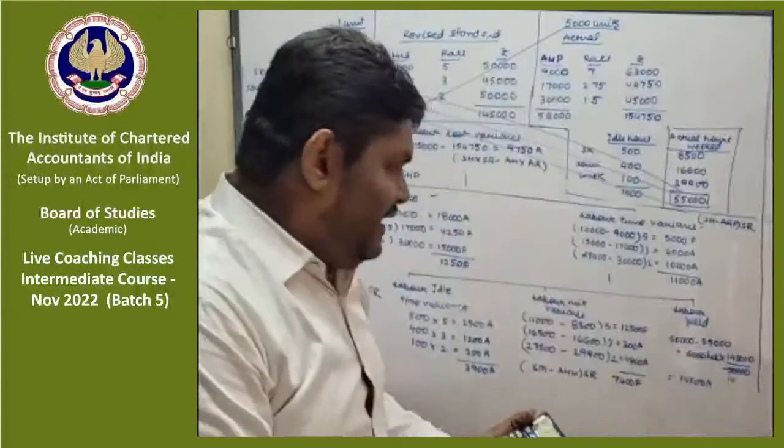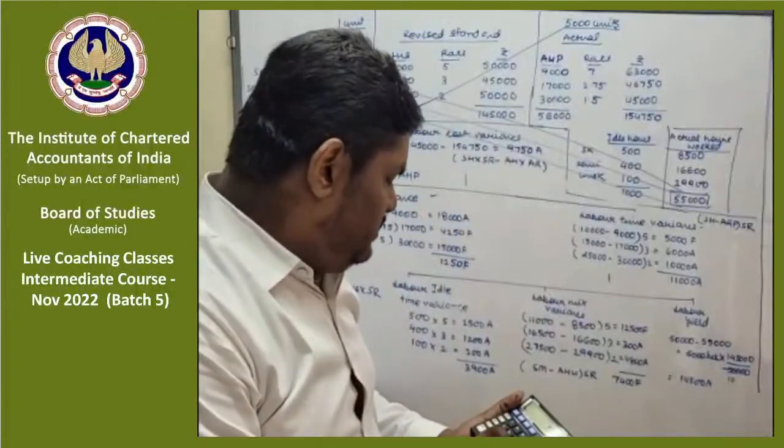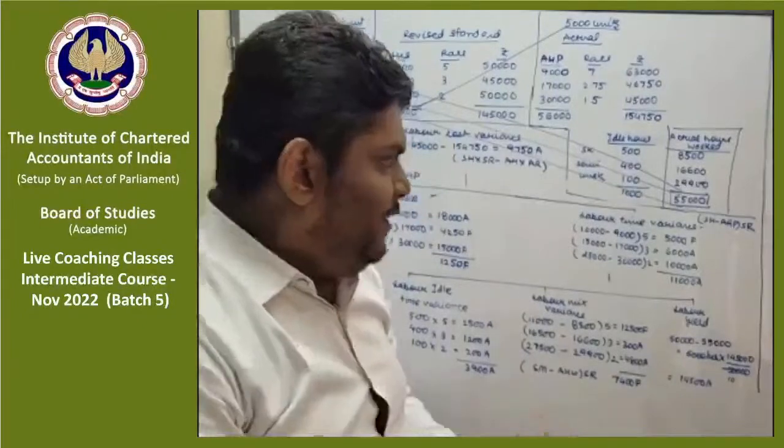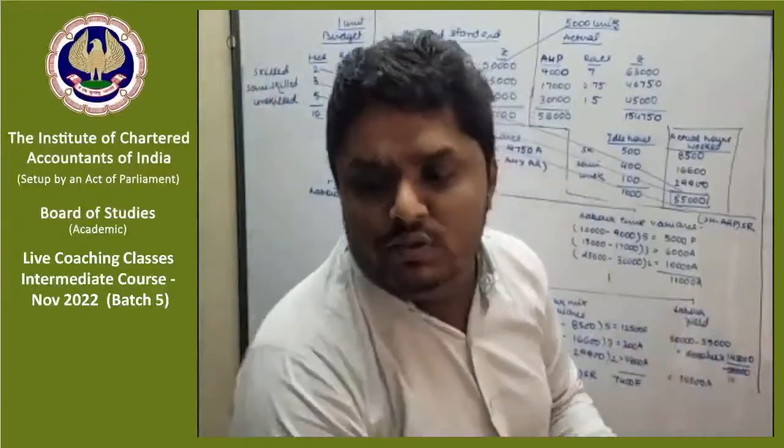Shweta Jain, please check. It is 14,500 adverse, 3,900 adverse, minus 7,400 favorable. So it is 11,000 adverse. Shweta Jain, please